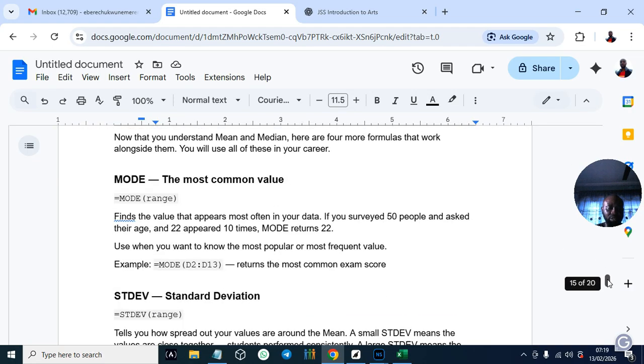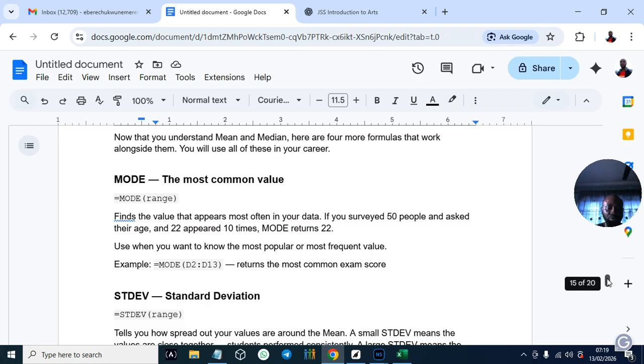In all your career, you're going to use mode, which is the most common value. Find the values that appear most. This is the most useful one to find in your data. If you survey 50 people and ask their age and 22 appeared 10 times, mode will return 22.